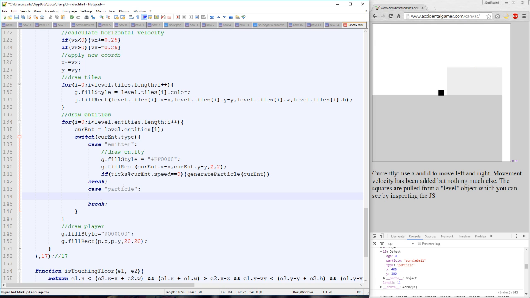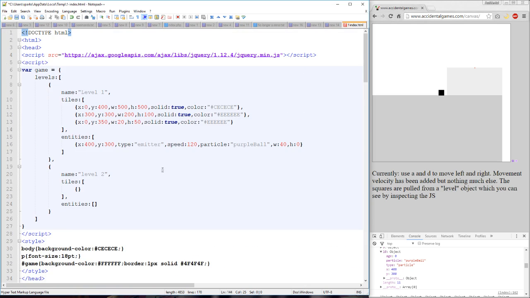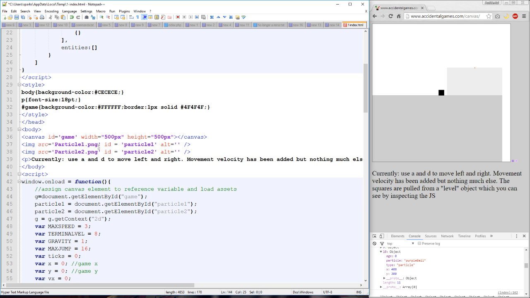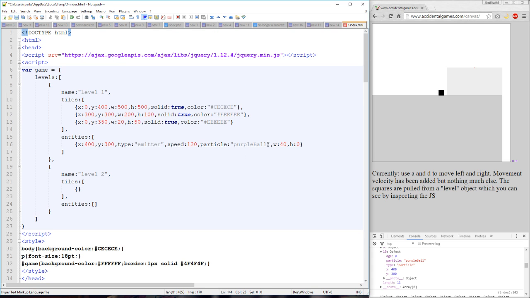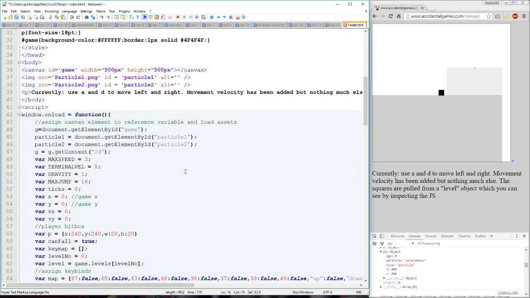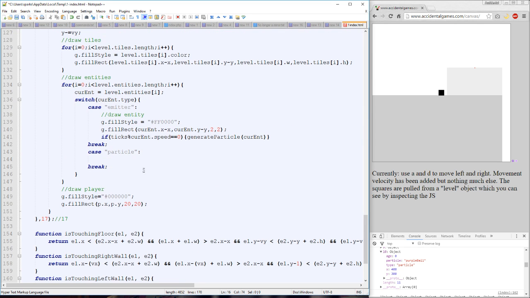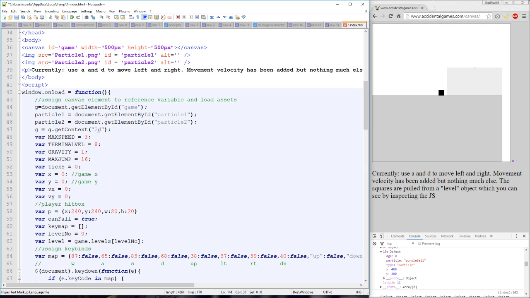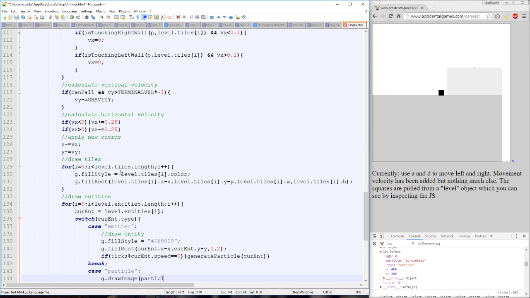So let's have a think here. Purple ball. What's the image called? The image is called particle 1. Let's actually call this particle 1 as well. And I actually deleted my image generation code, so I'm just going to look that up again. Okay, so we're going to do g.drawImage. I think I apply the particle to a variable. Yeah, particle 1. So particle 1 is the image. The x is